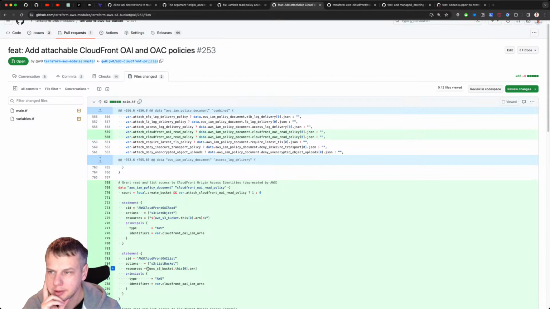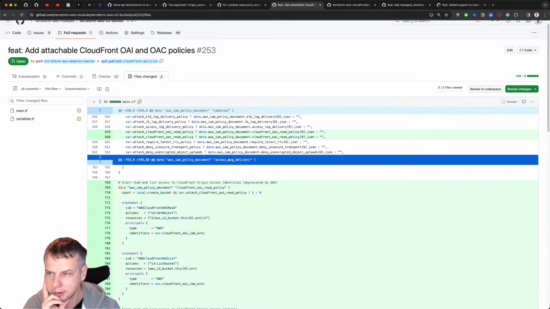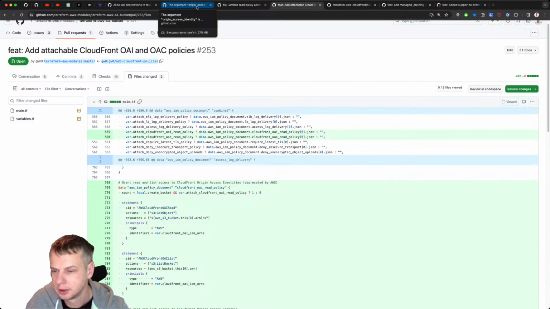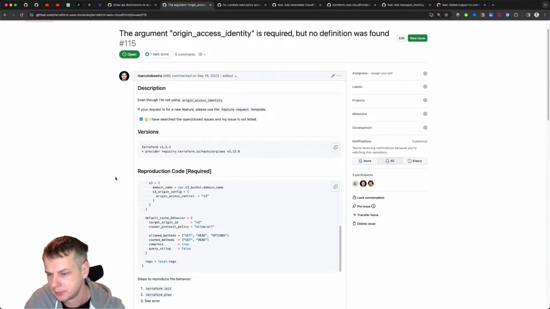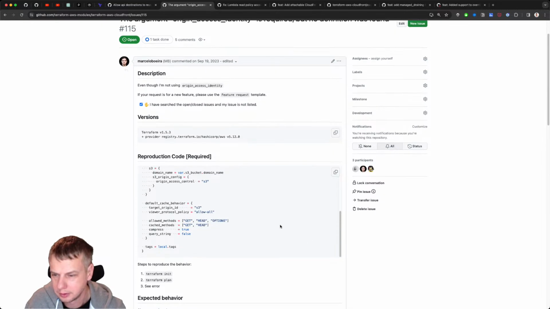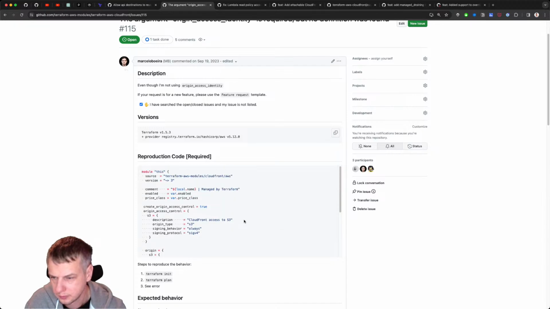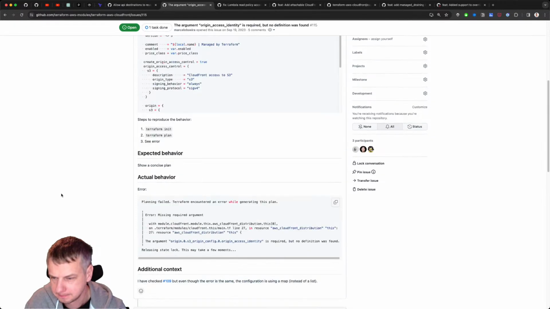Like, is this one an improvement to the way CloudFront is working? Probably not. But yeah, there's a lot of code. Is required, but no definition was found.